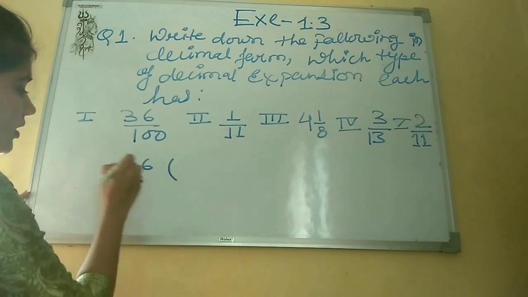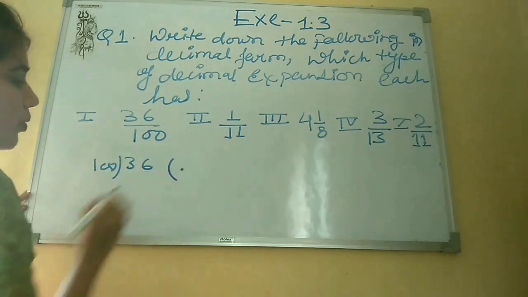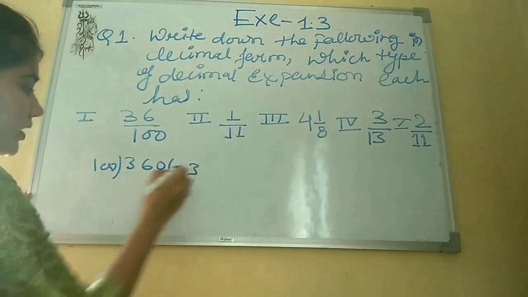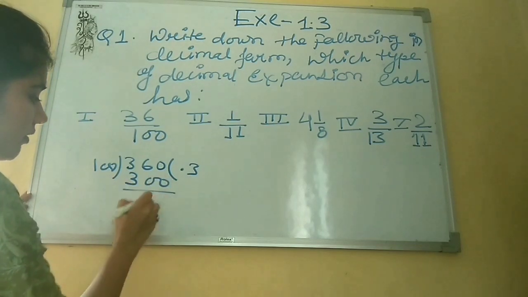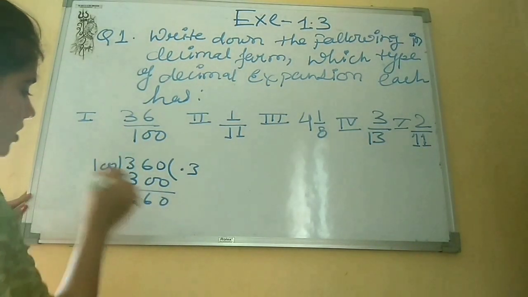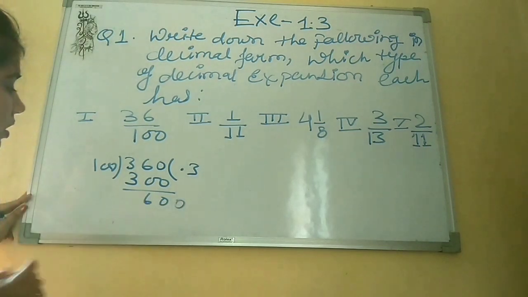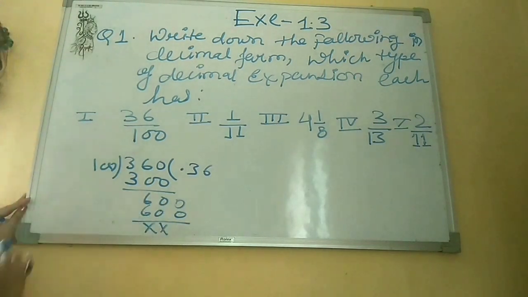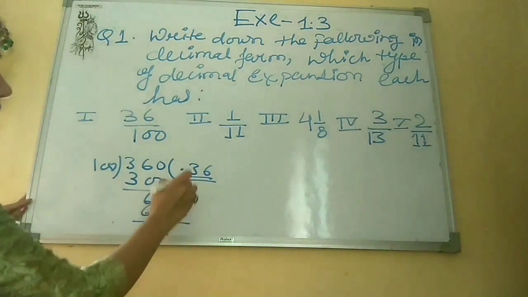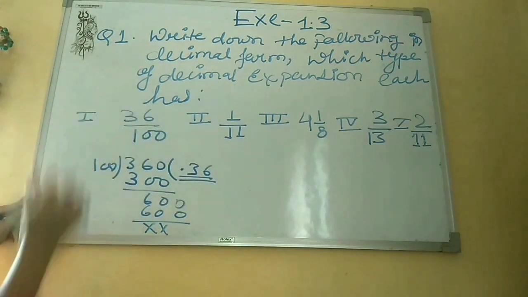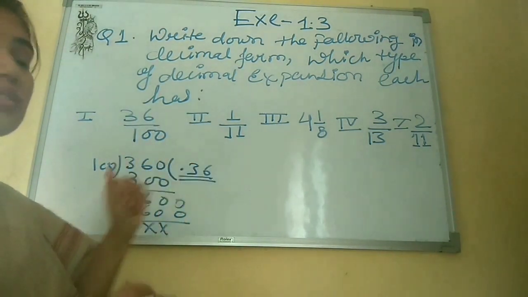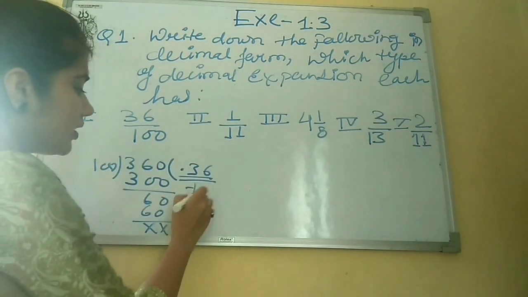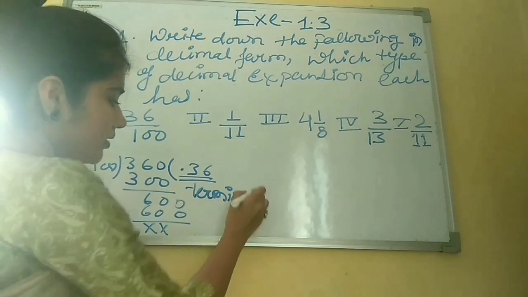First we have to divide 36 by 100. We put the point here because 36 is less than 100, and add a 0, so 3 sixes are 300, we will get 60. Again 60 is less than 100, we will add one more 0 here. So 6 times it will, we are not getting any remainder here. So this will be the answer, 0.36, the decimal expansion of this number. And you are seeing we can count the digits, 1, 2. So it is finite. So this is the terminating decimal.